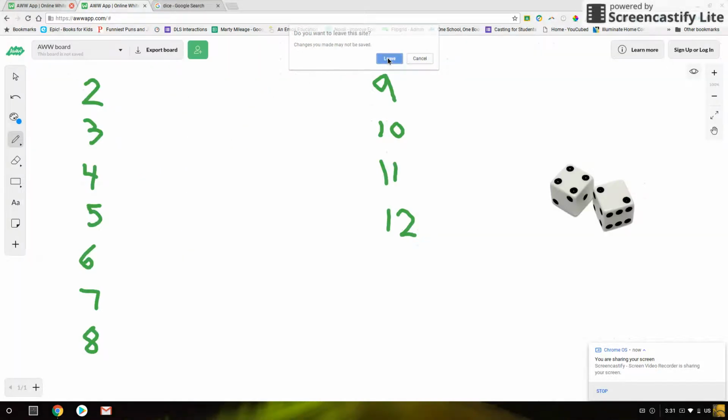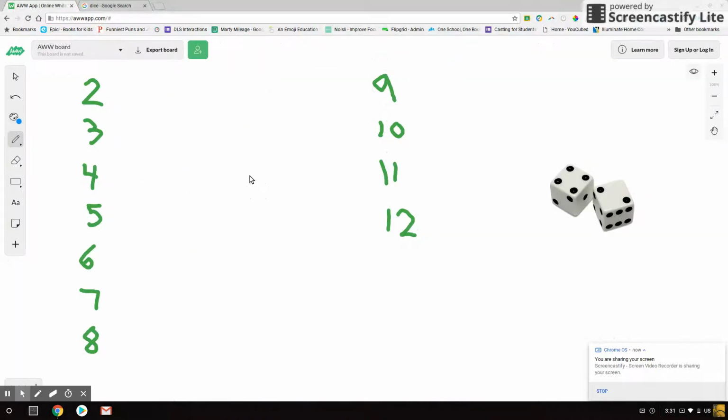So your first question today: I want you to think about rolling 2 dice. We do it all the time. Games like Monopoly and Risk and the Game of Life roll 2 dice all the time. So I want you to figure out, what is the probability of rolling each of these different numbers? Now, it's a little bit tricky because you have to think about it. So let's do a couple together.